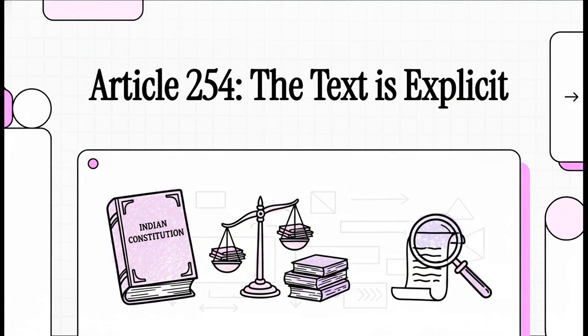So, what happens when the Supreme Court hands down a judgment that seems to fly in the face of the plain text of the Constitution? That's exactly what we're diving into today, with a really deep look at Professor P.K. Tripathi's incredible critique of the landmark Hoist Pharmaceuticals case. We are going to break down, piece by piece, how the court interpreted Article 254, the article that's supposed to sort out conflicts between union and state laws.